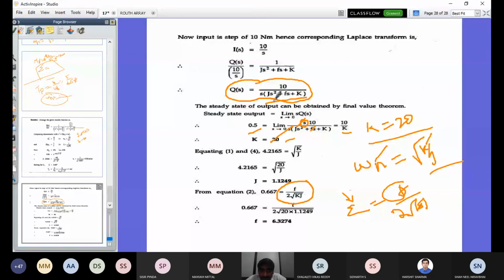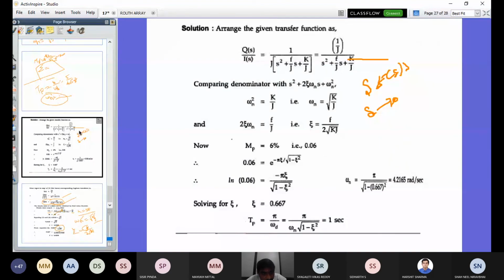Whenever you get non-standard equations, a non-standard form of denominator, you can follow these steps. This is the best example for that. Normally people take whatever denominator is given in the transfer function as the characteristic equation, which is not right. You have to clearly verify the denominator, whether it is in standard form or not. It should be in the standard form of the second order system characteristic equation. If not, you can convert it, and only then can you proceed and get the proper solution. Any doubt in this problem? Please open your mouth and say the answers first.